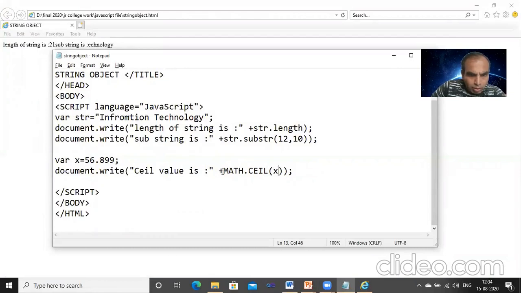Math dot ceil, ceil value is document dot write, that variable x, and here we have written x in the bracket, right?